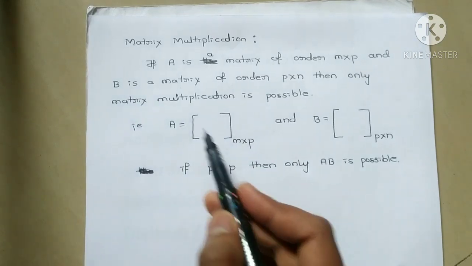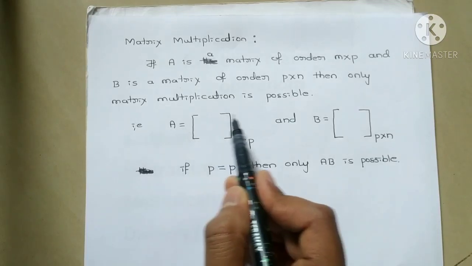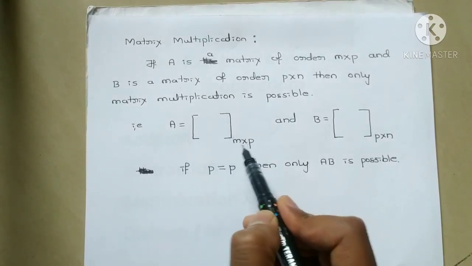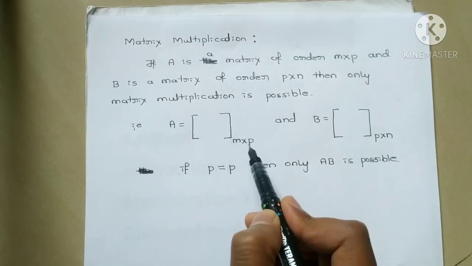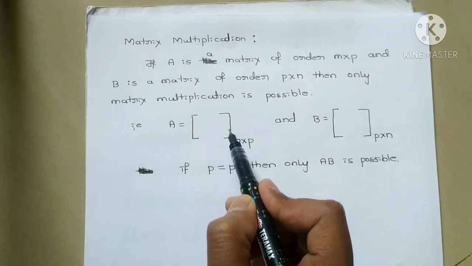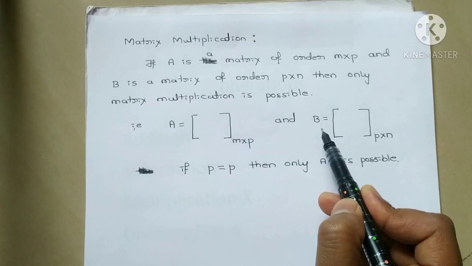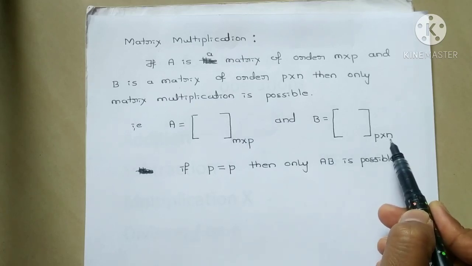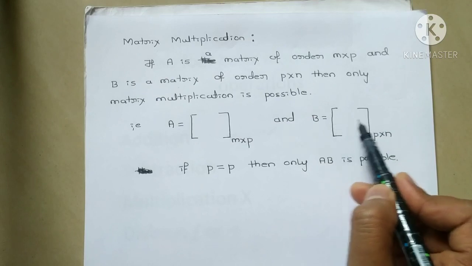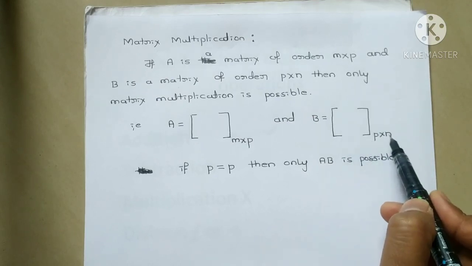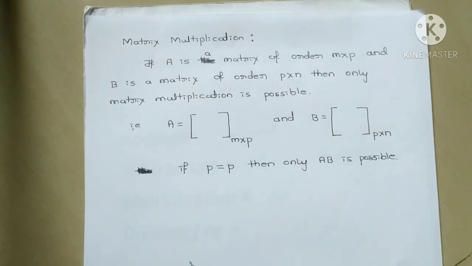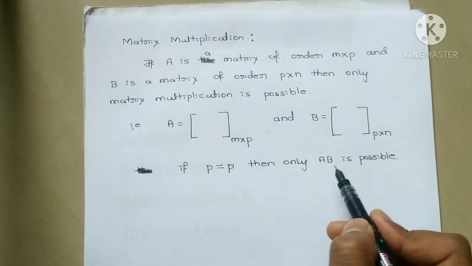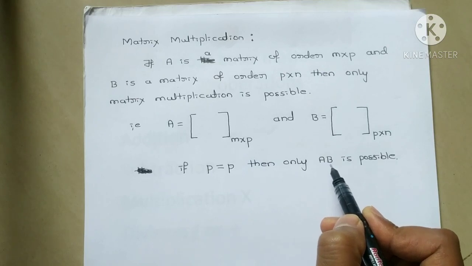Suppose you consider a matrix A, generally the first matrix, of order m cross p. M indicates number of rows, p indicates number of columns. And B is the second matrix of order p cross n. Here p indicates again number of rows and n indicates number of columns. So in these two, one condition you need to check. What is that condition? Whenever you are doing matrix multiplication,